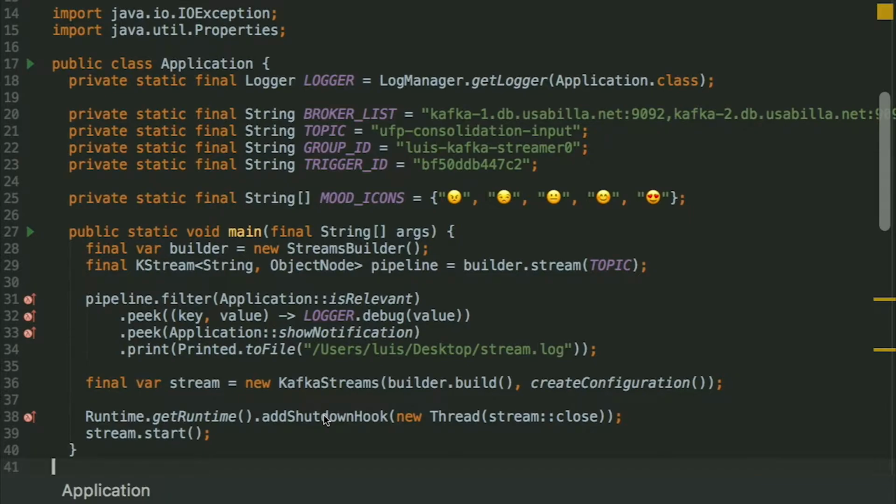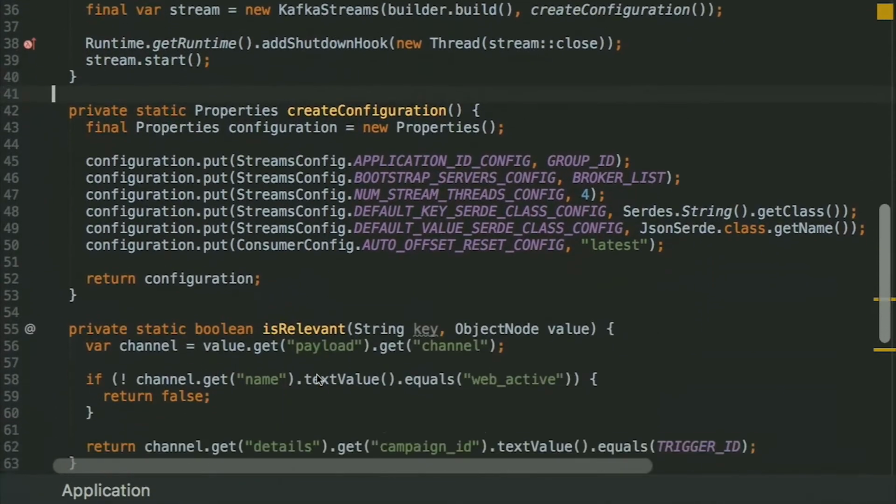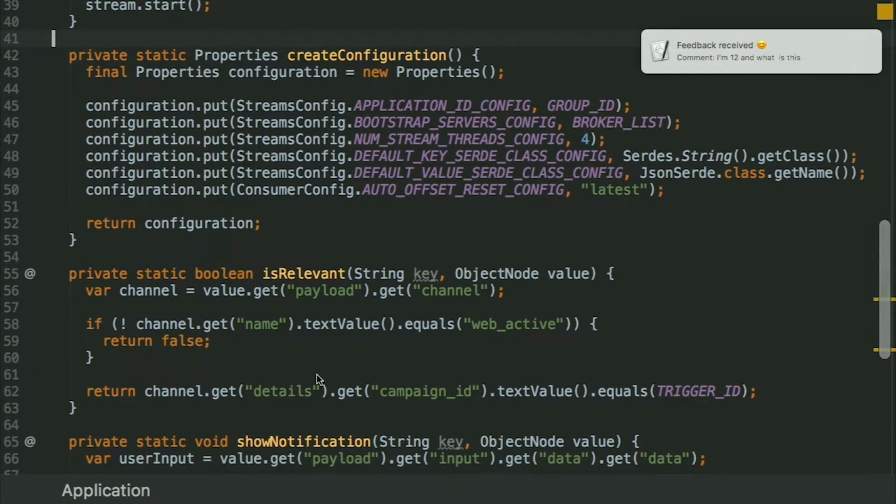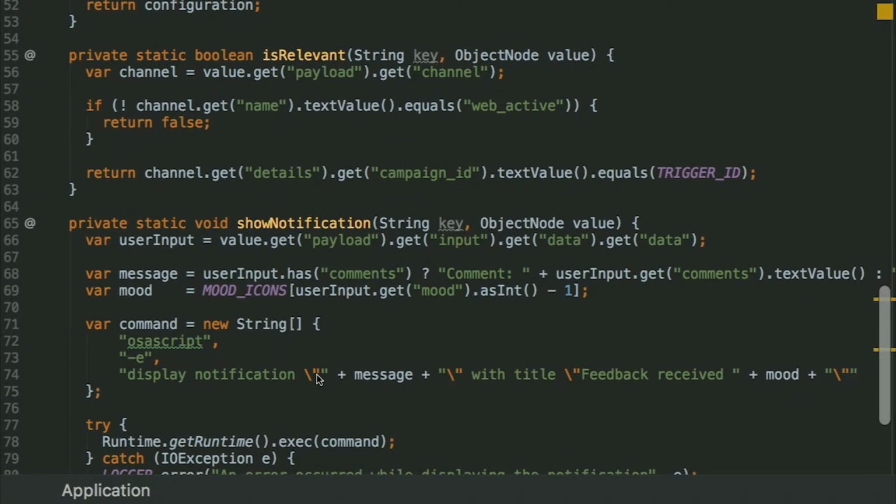So I will be able to read every message that you sent to me. So I hope you were responsible while writing it. But it's really simple. The filtering is essentially this. You're managing objects. This is Java, but still. And the notification is just running an OSX command in the shell.